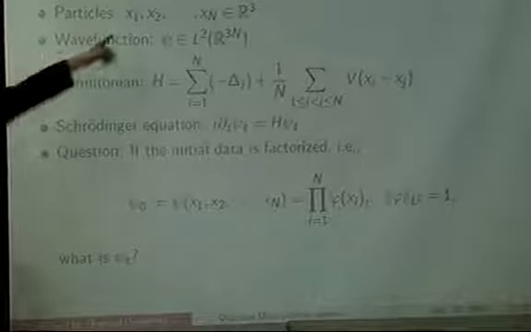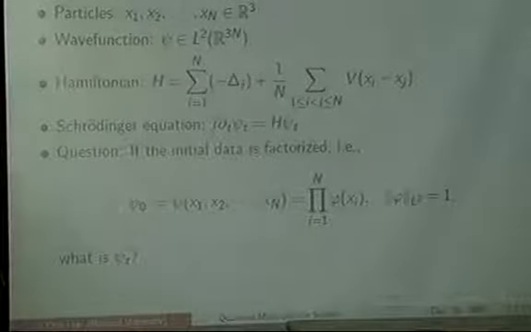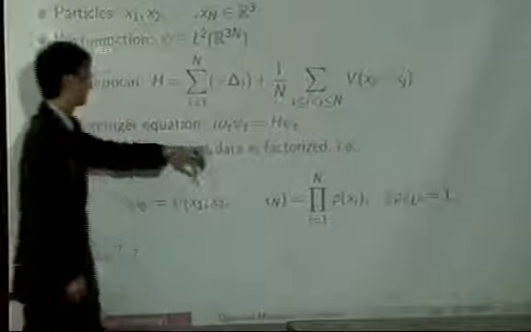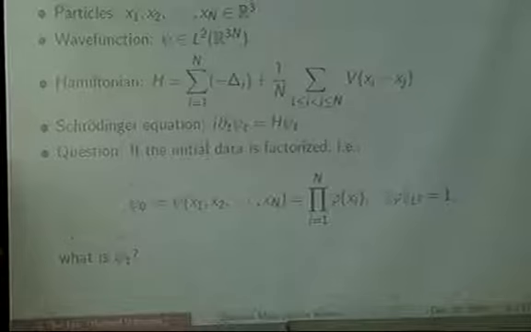No, n goes to infinity. No, capital N is bigger than 1. Oh yeah, of course. It is the number of particles, so we have x1 through xn, and n is always an integer. Bigger than 1. When n is 1, we don't have any potential term here, so this is just a free particle with just the Laplacian. I think one can make a mathematical problem, but it's not interesting, I guess.